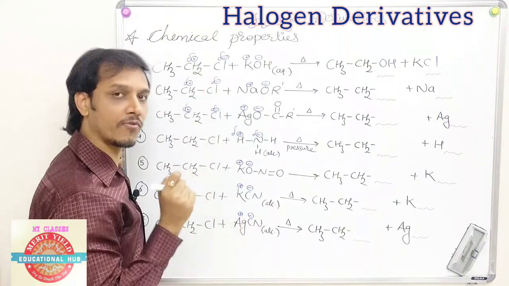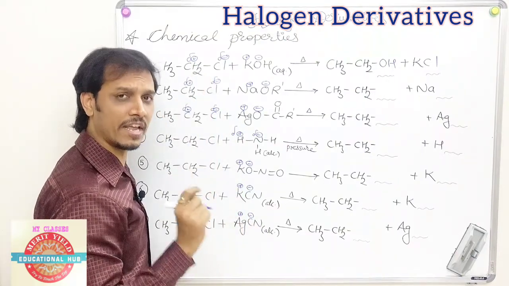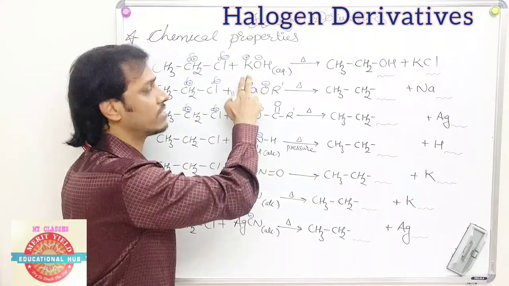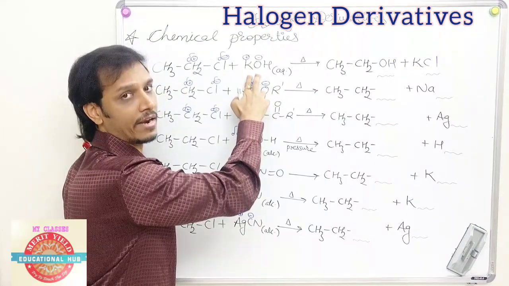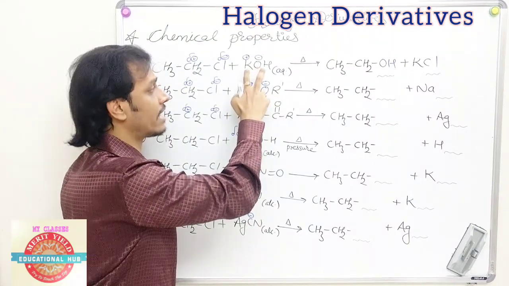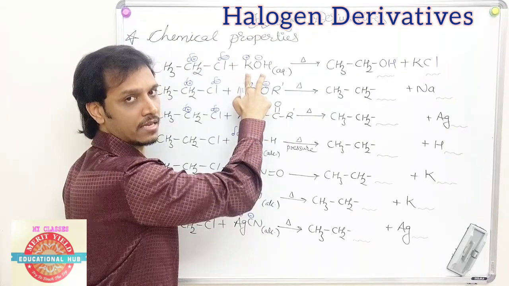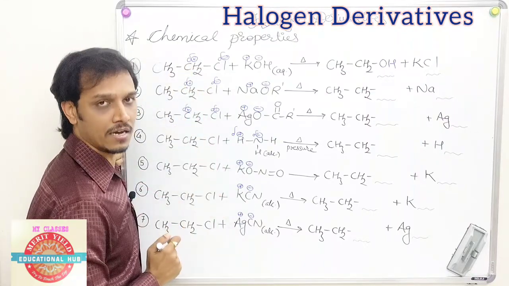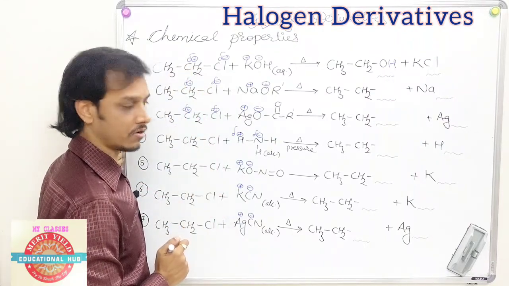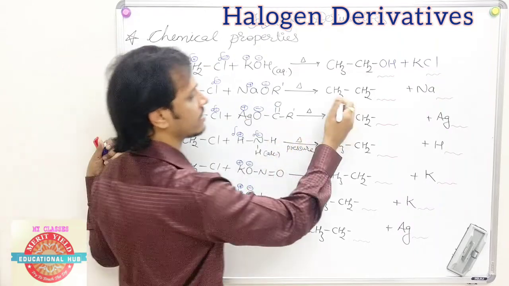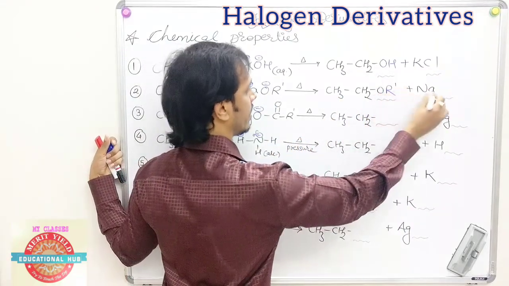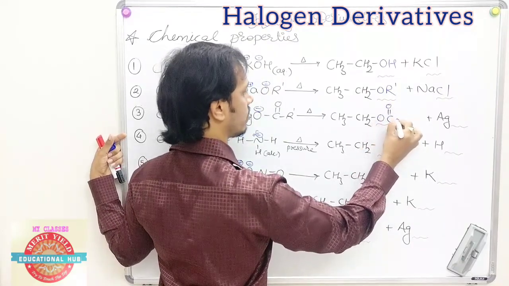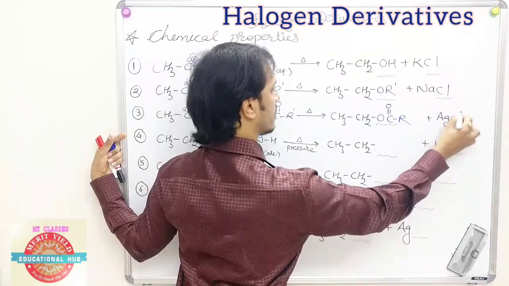This bond is formed due to the sharing effect. And here there is no sharing effect. There is directly a positive charge and a negative charge. They are just attracted towards each other. So these are ionic bonds. Simple. This is an ionic bond, and this is a bond formed by sharing. So that's why this is delta positive. So every time, what is happening? CH3CH2OR dash, NaCl, O C double bond OR, AgCl.